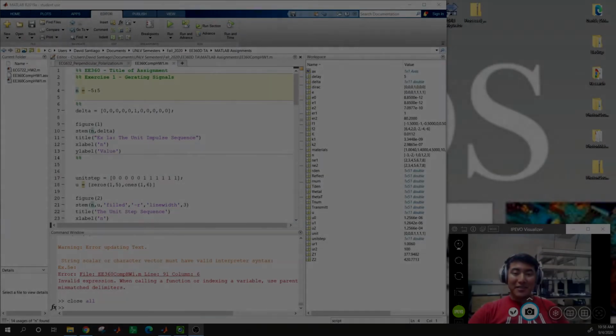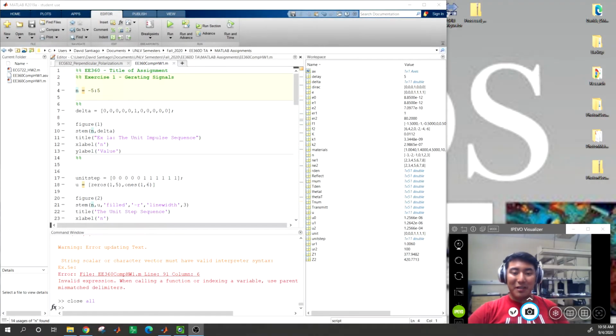Hello, everyone. So today we're going to be presenting a couple of cool tricks in Matlab, such as how to make graphs look nice and other cool tricks that I'll show you that you can use in your practical assignments. Recalling from last week's lecture, last week's Zoom call, we did the first assignment, and